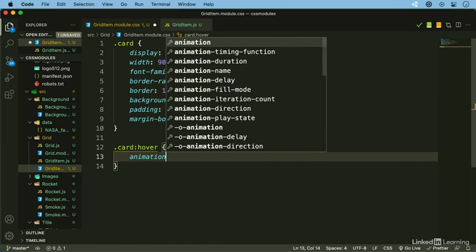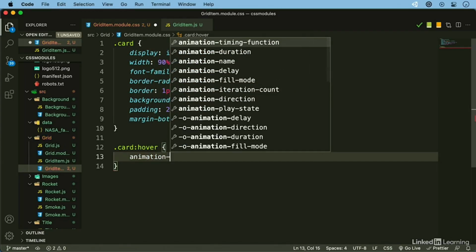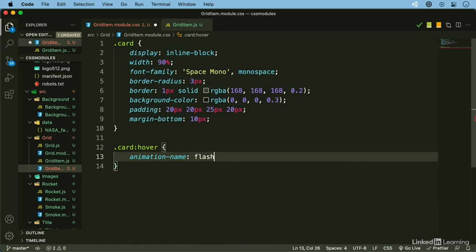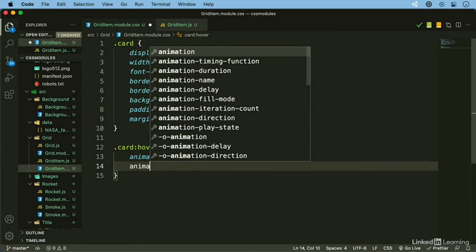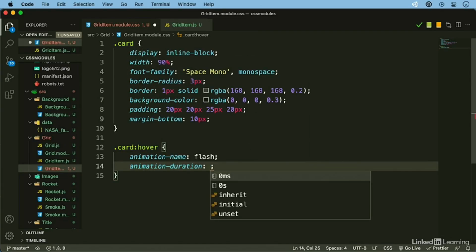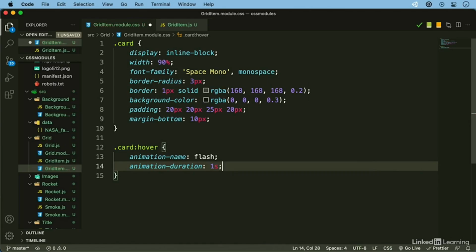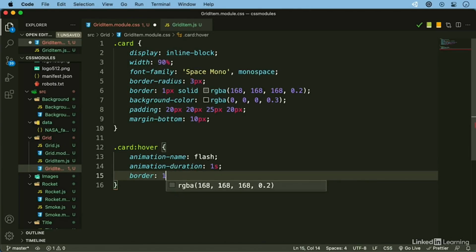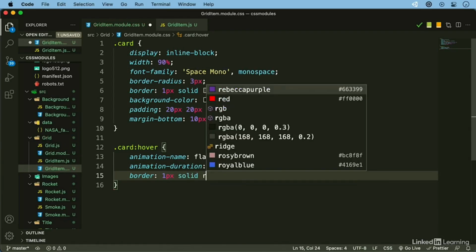So we're going to do animation name flash, and we're going to create that animation shortly. Animation duration 1 second, border. And one of the things that I recommend when people don't want to take a look at me typing